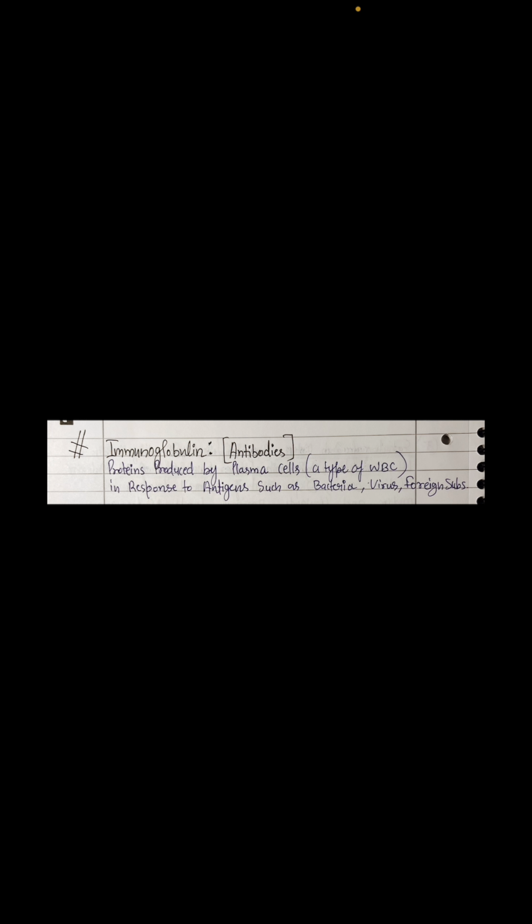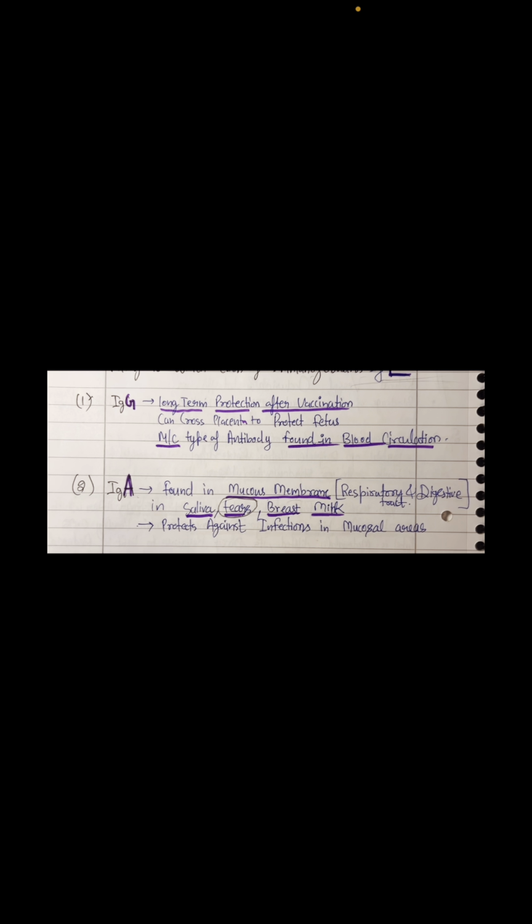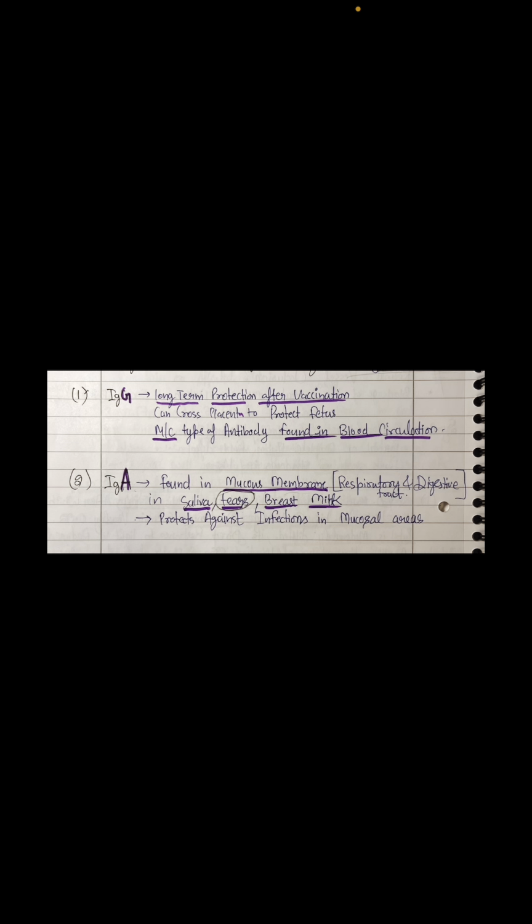Next is immunoglobulins. What are they? They are antibodies, proteins produced by plasma cells, a type of WBC, in response to antigens such as bacteria, viruses, and foreign substances. They are of 5 types: G, A, M, E, D. We will try to remember them, however only one question in the Krok exam, but good to remember. So IgG is for long term